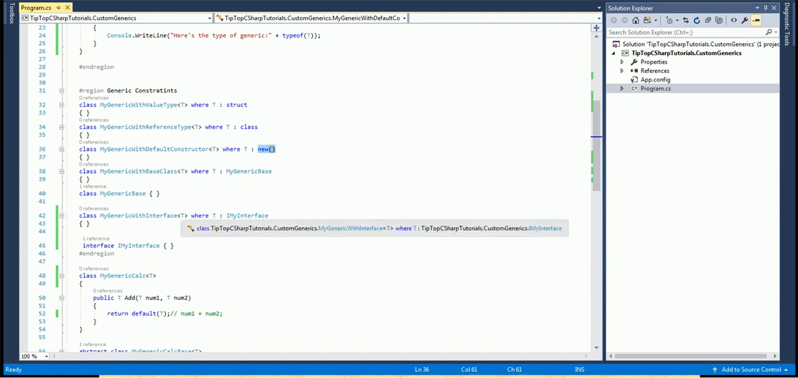And again, apart from inheritance hierarchy, if you want to have an interface based implementation, you can make use of where T is MyInterface, meaning that whatever type you're supplying at runtime or compile time, it should be one of the implementations of my interface. So this is the